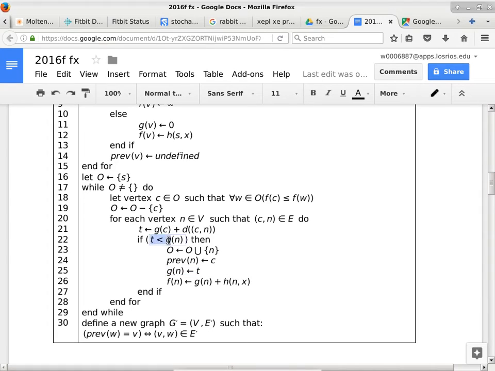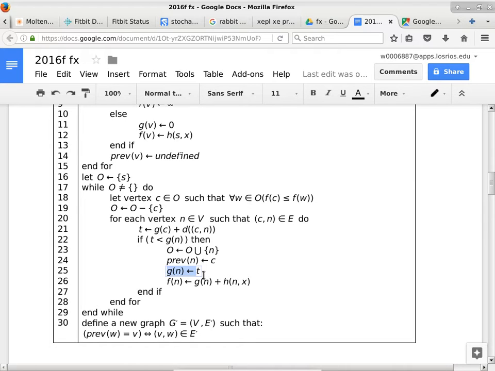Can you see how this condition relates to this assignment statement? The condition says, hey, we just found a shorter path. So what do we have to do when we just find a shorter path? We have to remember, exactly, we have to remember that what we thought was the shortest distance from the start vertex to here was not true. This is the shorter path. This is the cost of the shortest path at this point. That's why we have to update it.